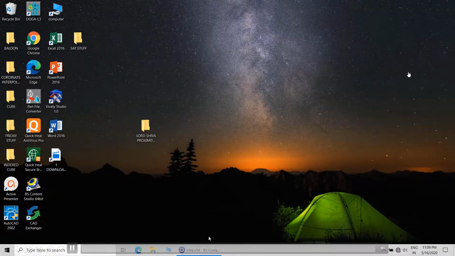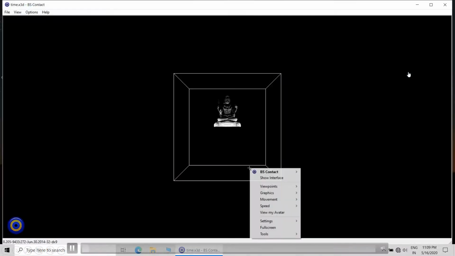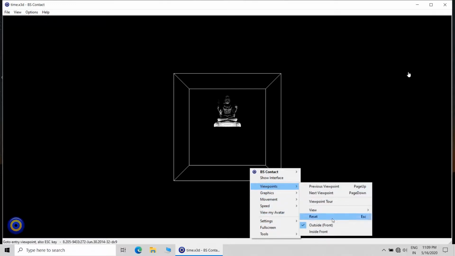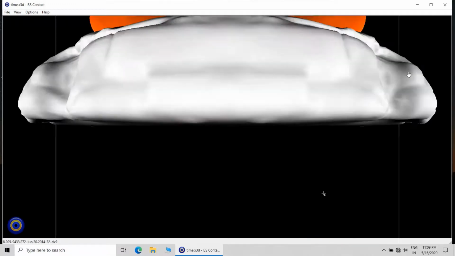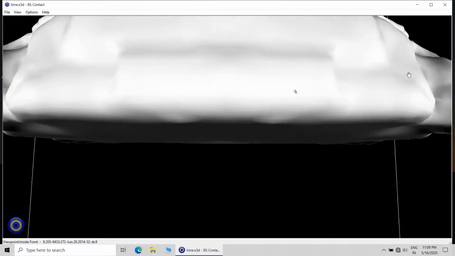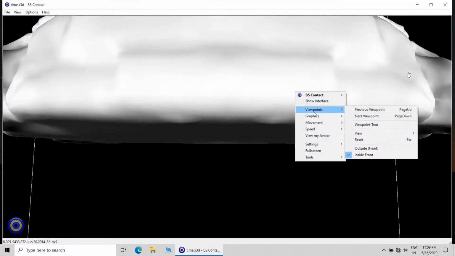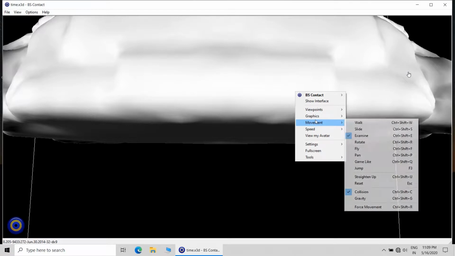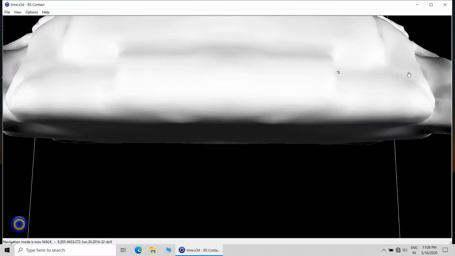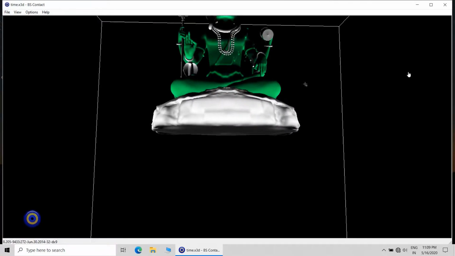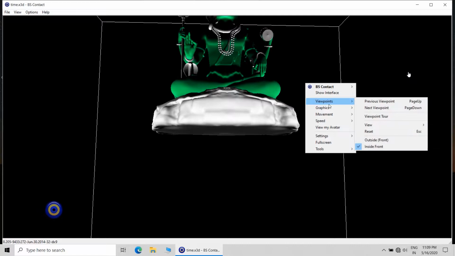Now it's time to check the final output. So this is our final output. As soon as we approach near the statue, the color will change.